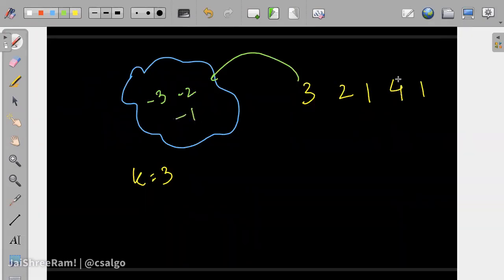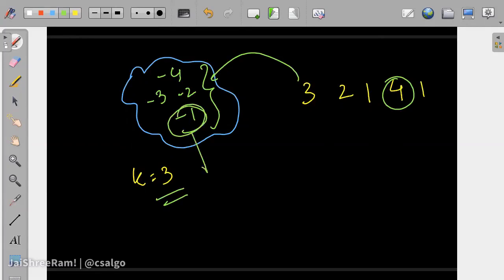Then when this comes, we insert -4. But we see that now the size of this has become more than 3, right? So we have to remove one element. What is the maximum element in this one for now? Anyone in the chat? -1, right? This is the maximum element. So just remove this.